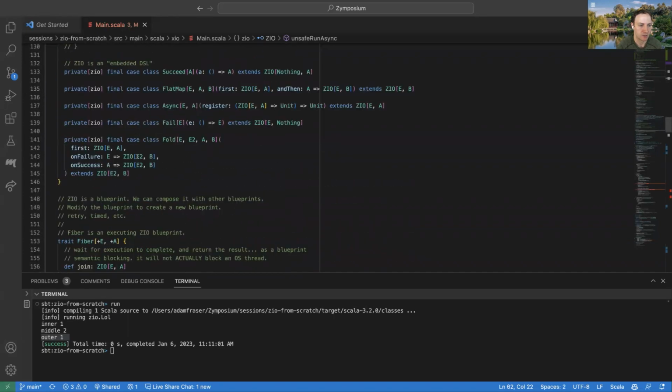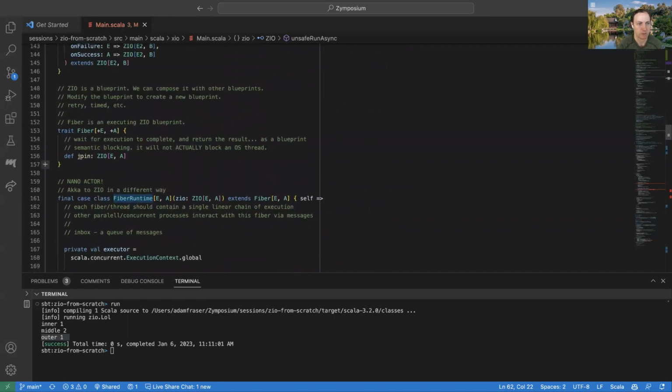And so we created an interface for a fiber, which right now just has this one method that lets us wait for its results. So you can think of the fiber as the in-process workflow. The ZIO itself is like that execution plan. So you could run it multiple times, but then it wouldn't make sense to say, well, I want to wait for its result because it's just a plan. Whereas the fiber is like, okay, there's some Spark job that's actually running on some set of machines, and you could wait for it to be done and could say you don't want it anymore, or maybe you could ask which machine it's running on. And that's the concept of a fiber here.